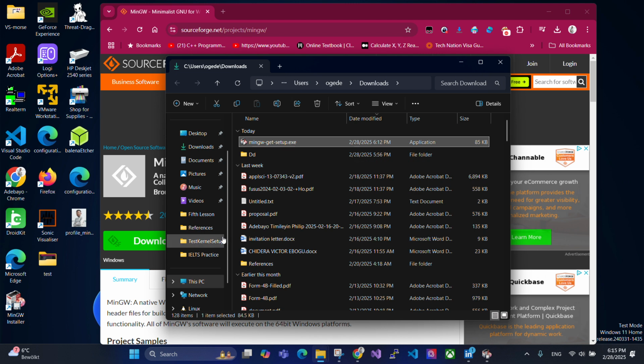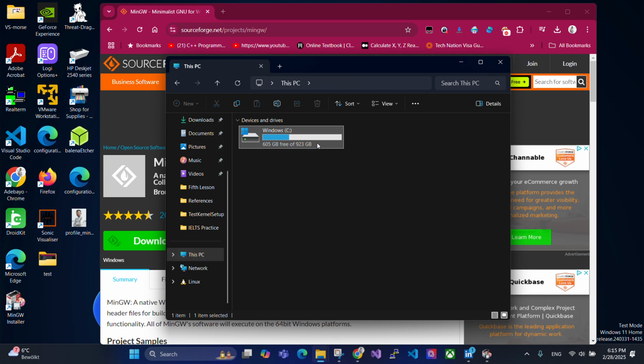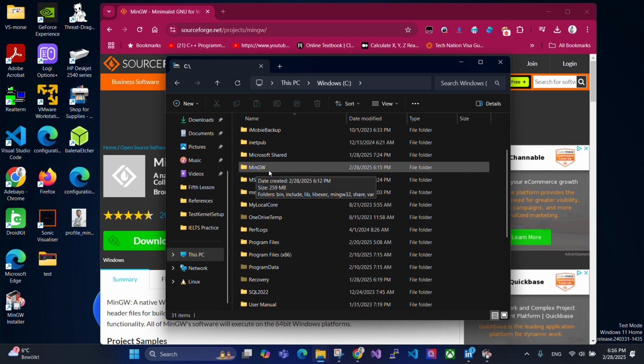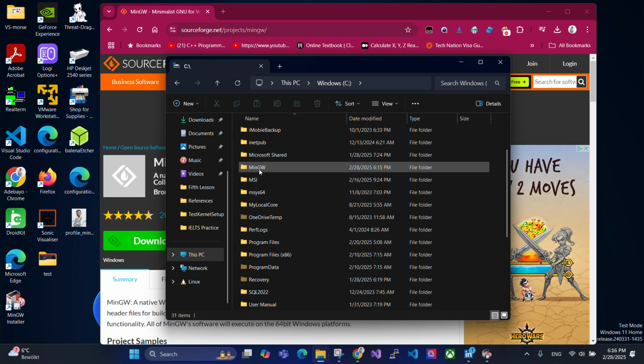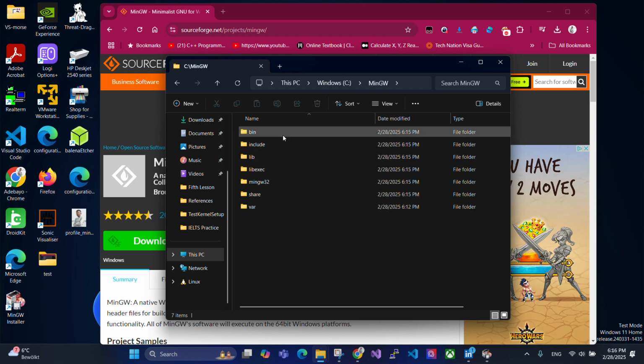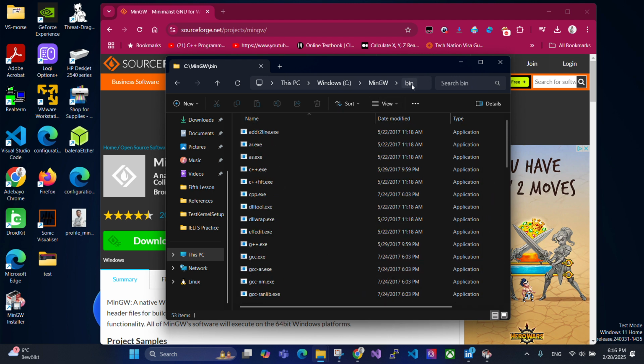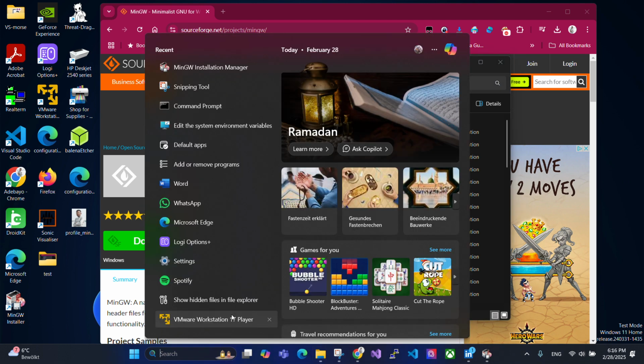So the next step for me is to add the installation path to the environment variable. To do that, I need to go to This PC, then to this path. I'm going to look for this MinGW. I call it mingling anyways. I'm going to look for this path. I'll click it, and then I need to look for this bin. These are all the compiler binaries on Windows. So what I need is this path. I'm going to copy this path. Then I will search for